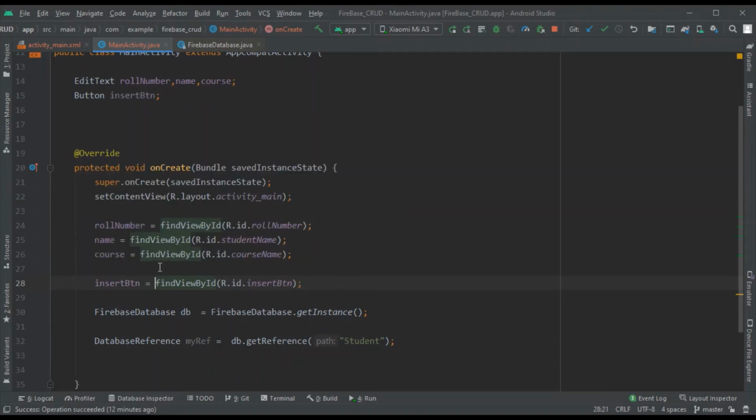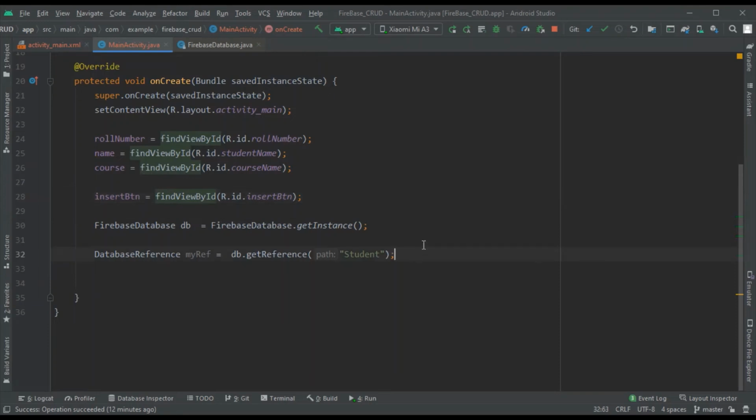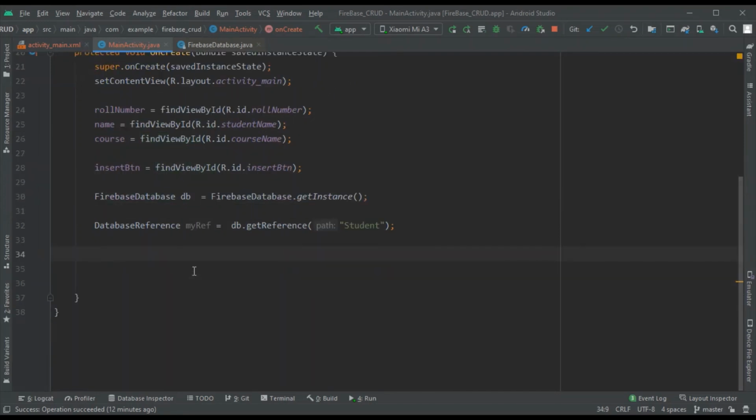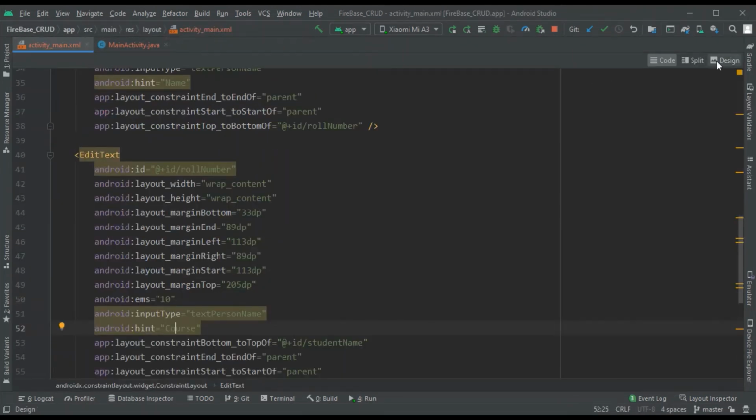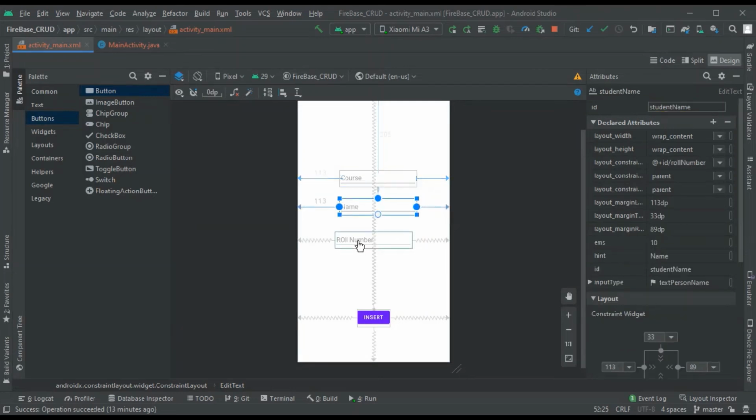Okay, so now once these things are done, let's go here, and what I want is, on click of the insert button, all the fields should get entered, right? So first of all, now see, you are having different fields, like name. You are having these three fields, right? It's name, roll number, and all those. So first of all, let's